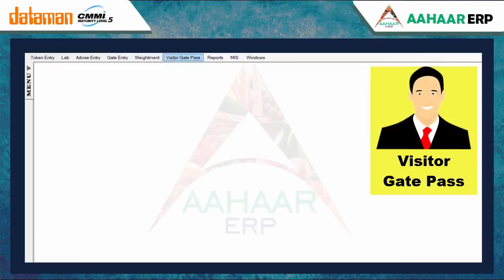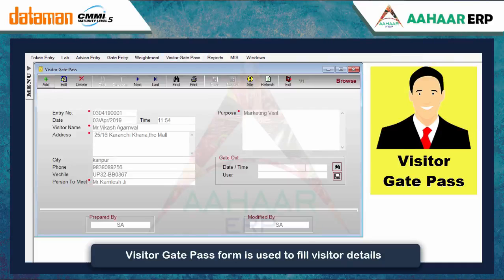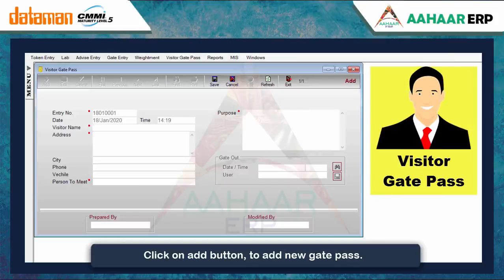Visitor Gate Pass. Visitor Gate Pass form is used to fill visitor details at the time of entry in firm. Click on Add button to add new Gate Pass. Entry number is generated automatically with date and time. Enter visitor name, address,